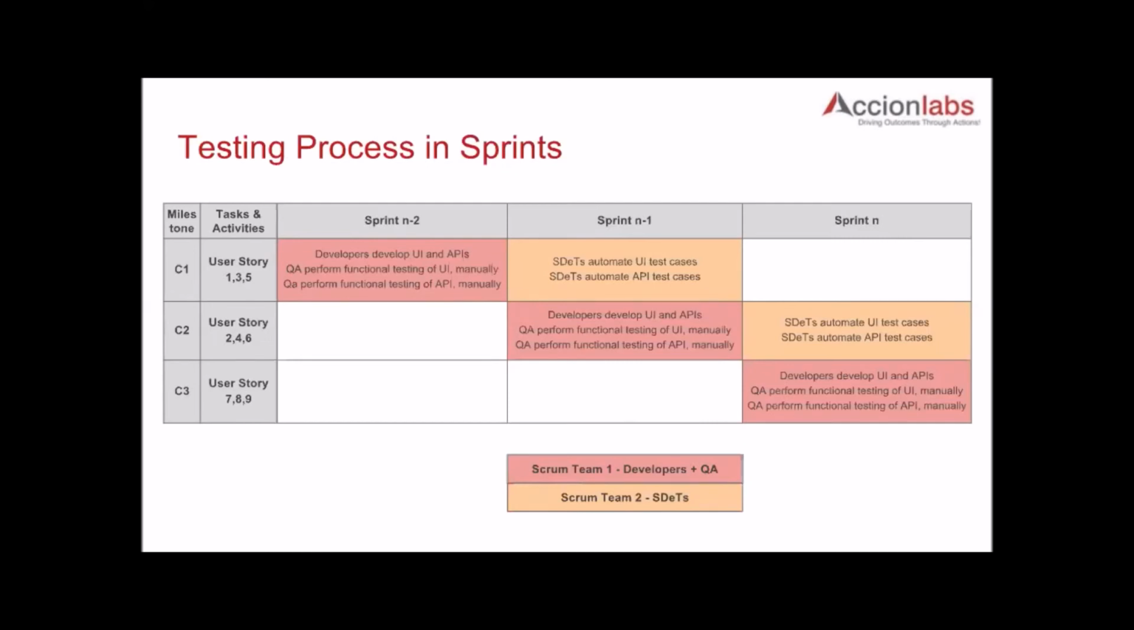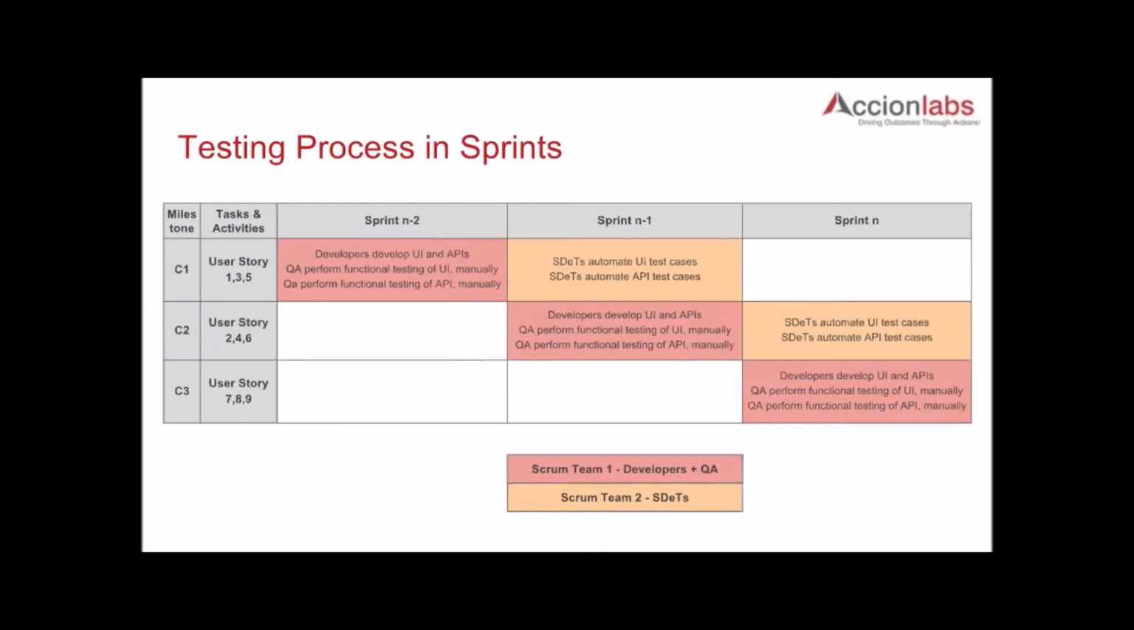Kind of makes sense. Yeah. And then again, in sprint n, SDITs would automate the user stories 2, 4, 6, which were developed in the previous sprint by the development Scrum team, and the development Scrum team would move on to user story 7, 8, 9. Okay, so right now, usually, supposing we are developing an application, typically the development Scrum team would, or I'm sorry,